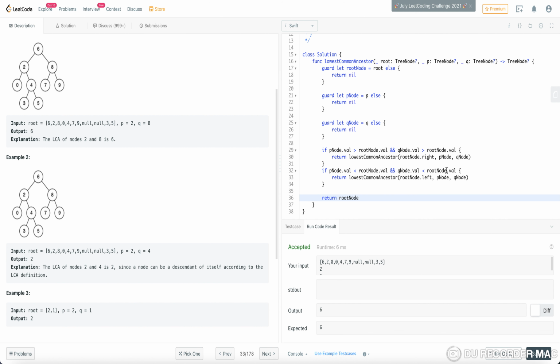If both are smaller than the root node, they are part of the left half of the tree, so their lowest common ancestor is also in the left part. And if one is greater and one is smaller than the root, then the root node is their lowest common ancestor. Okay, so this is the problem.